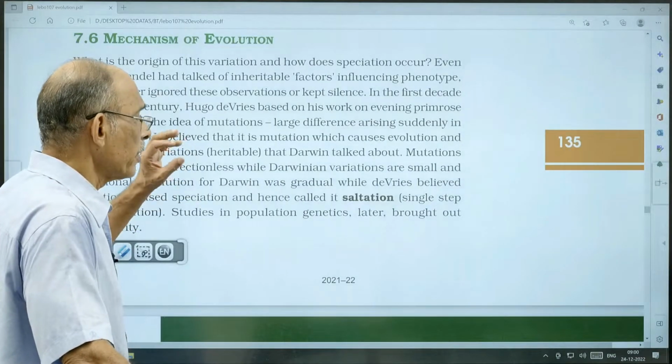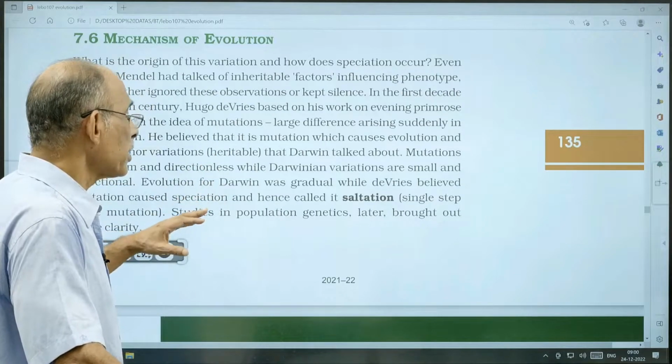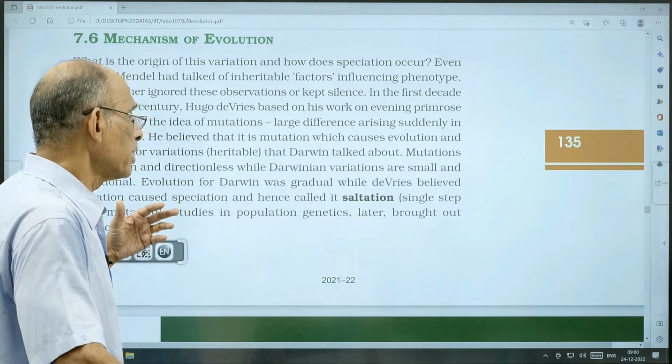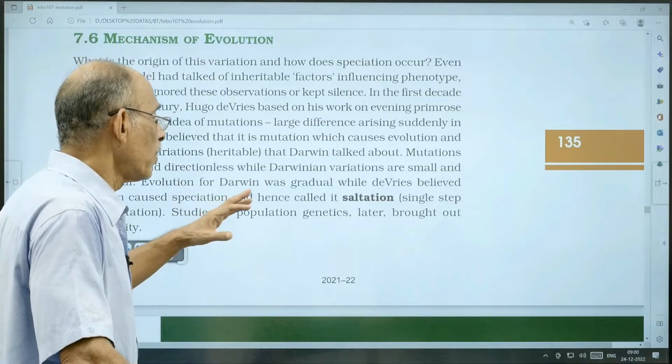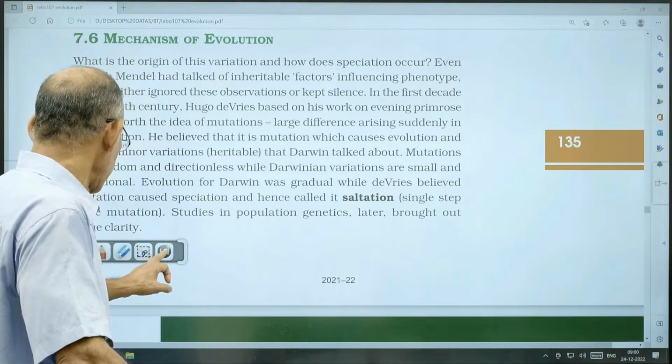One is, according to Darwin, a very gradual and slow process, whereas according to De Vries, it is due to sudden changes or mutations, which he called single step large mutation, that he called saltation. Okay. Then